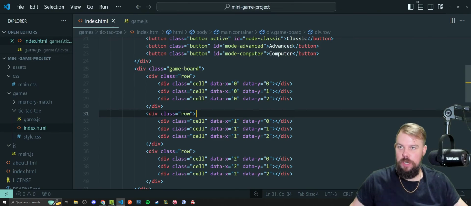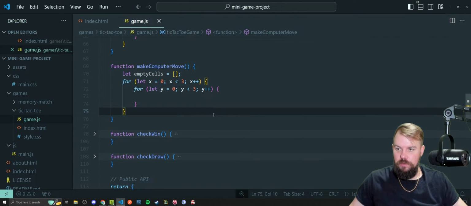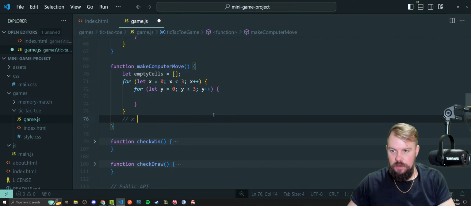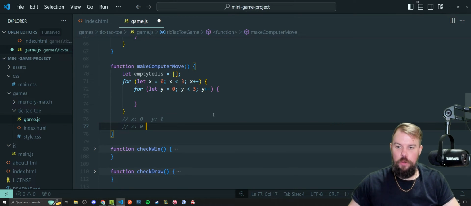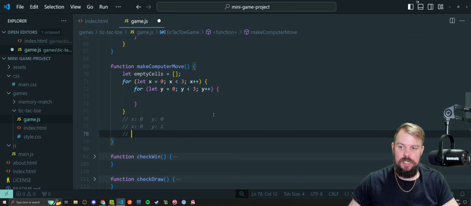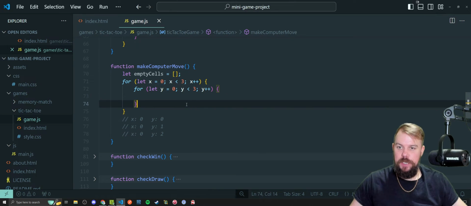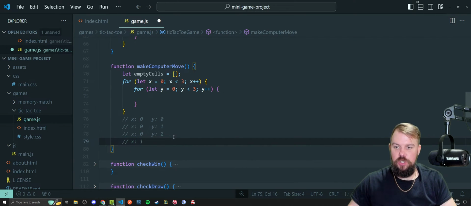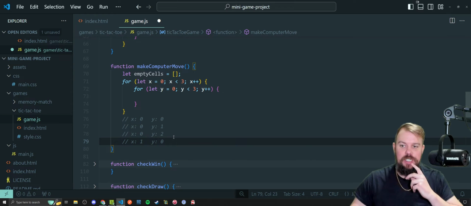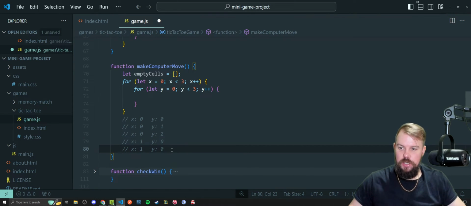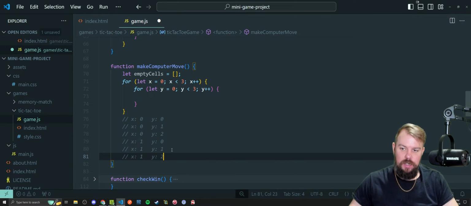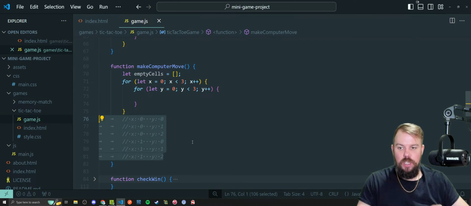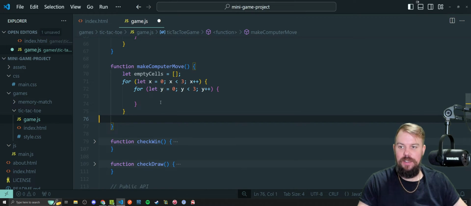So it would do what? Initial value, let's say x 0, y 0 is the first one it would check. Then the inner loop would go from y 0 to y 1 while x stays the same. The outer loop hasn't ticked yet. The inner loop then goes to y equals 2 by y plus plus, right? Then it makes a determination that y becomes 3, which means the inner loop stops, and the outer loop then ticks to 1, and then the inner loop resets back to y 0. And as you can see, this is how it would just continue on until it got every row and every column. So we're just systematically going through every row and every column, or every cell of the game, with this